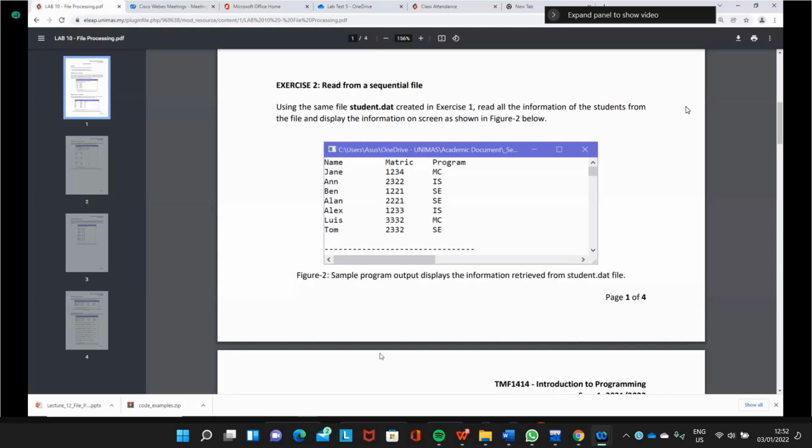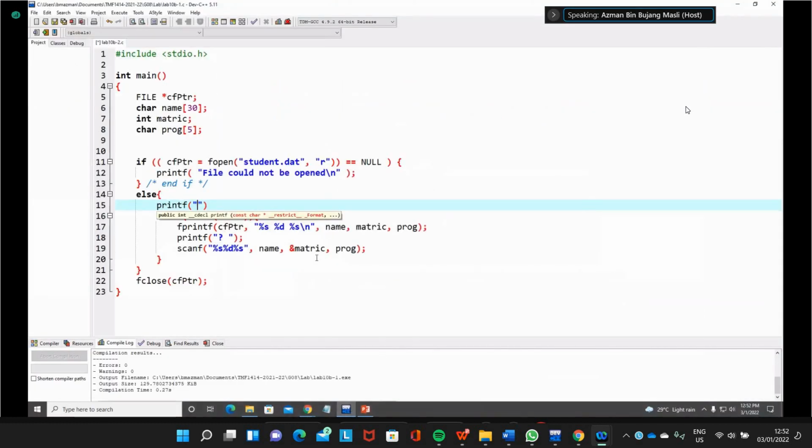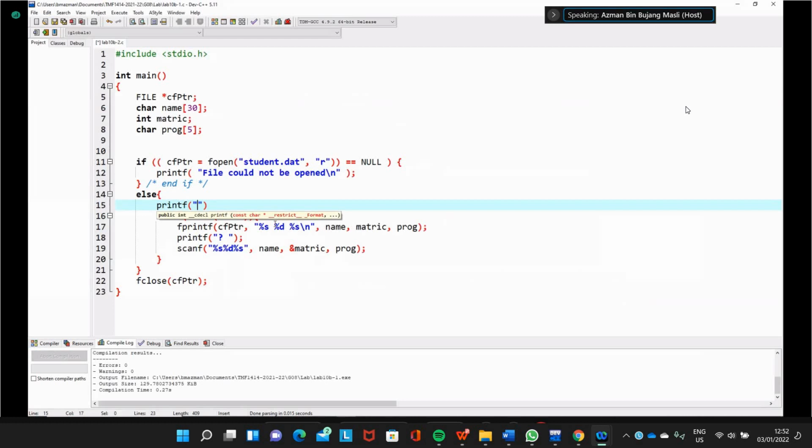So printf, the title is name, and we can use tab, for example, metric, and then another tab, and then program, and then new line. So we get the title on the screen, and then we get the input from the file.